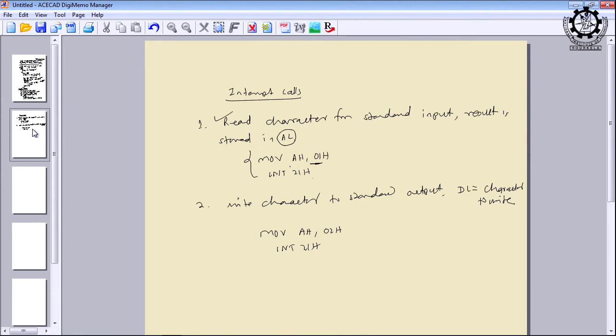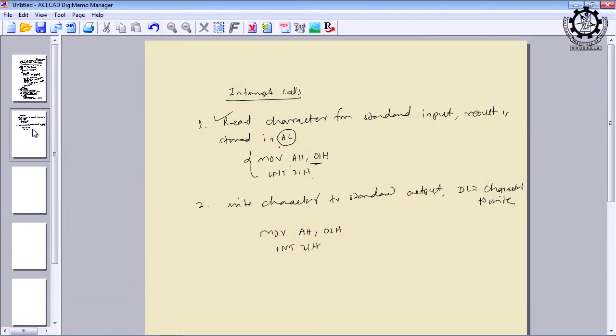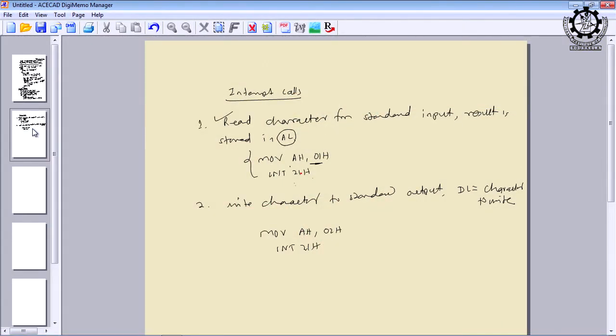So, you can input a number of keys from the keyboard and place them into AL. But if you do not store AL in some other memory places or some registers, only one value will be stored. So, you have to write another instruction, because after executing these two instructions one value will be available in AL, and that content you can move to a memory location or some other register. Then it will be ready for inputting another character. So, likewise, a set of consecutive characters we can read from the keyboard.